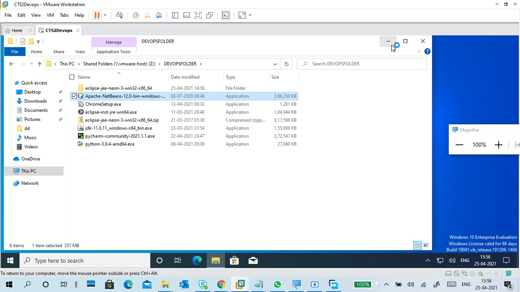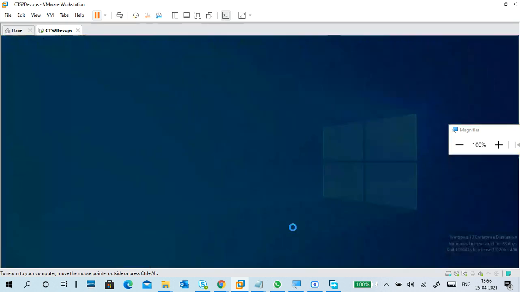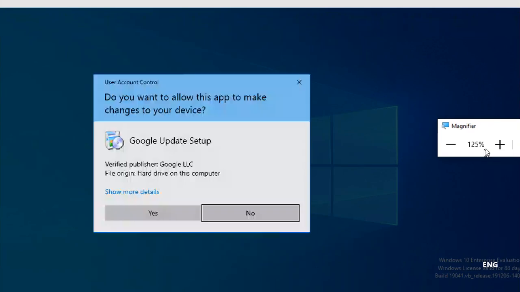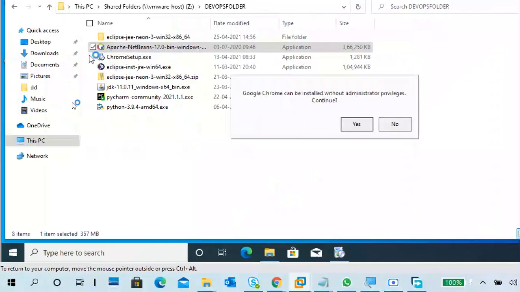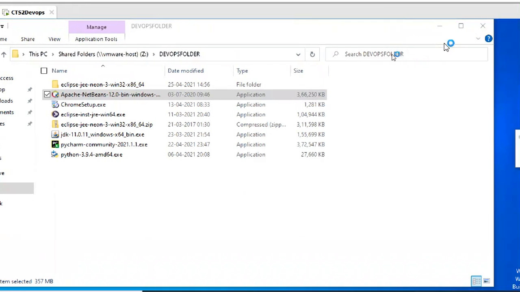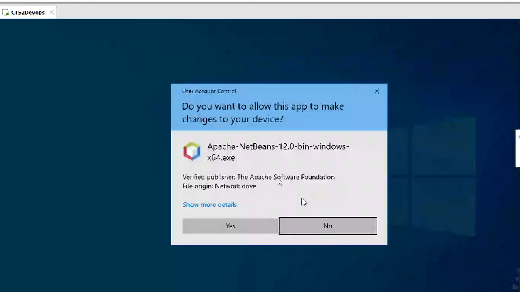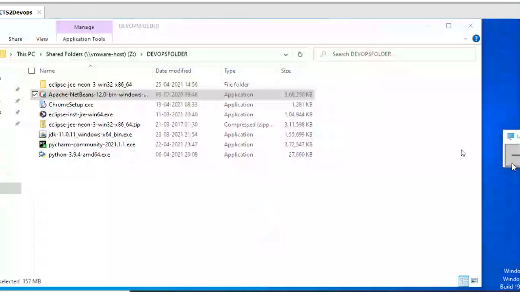Apache NetBeans I will install. It's only installing Apache NetBeans only. Later I will install Google Chrome, so I will install this one now, Apache NetBeans, yes.